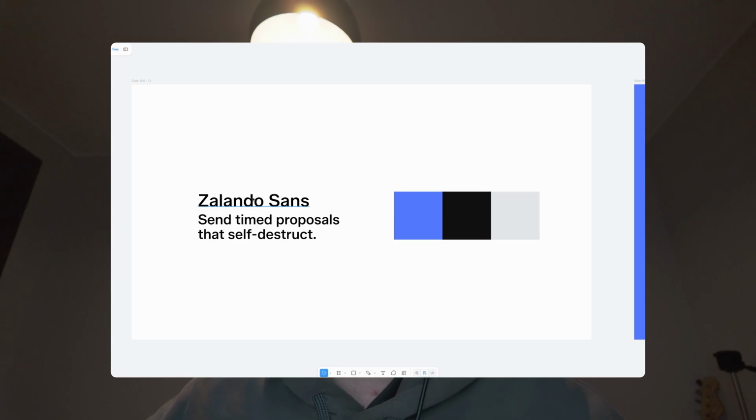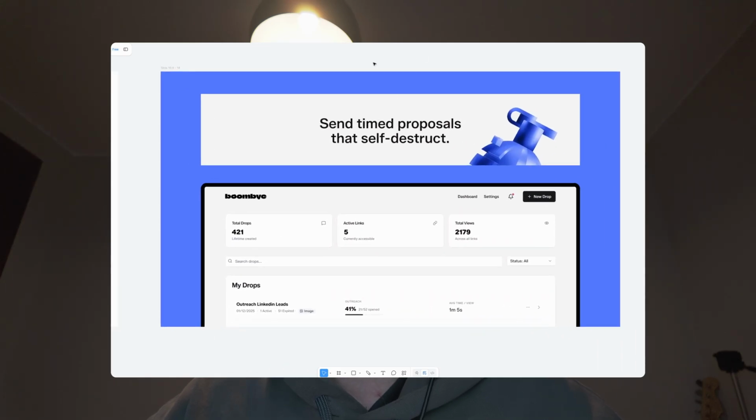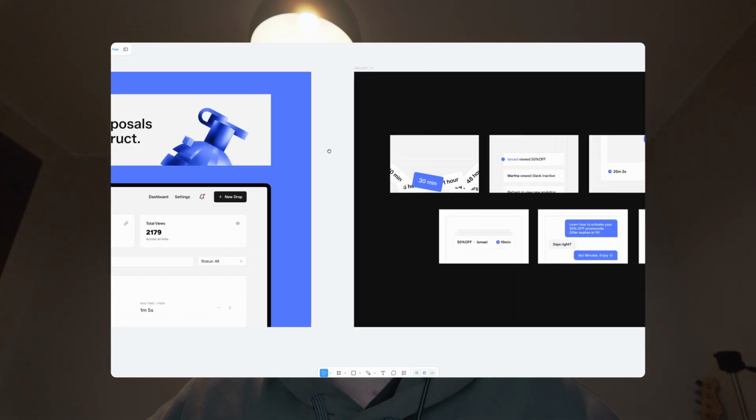So these are the colors for the brand. These are some explorations that I did. This is the LinkedIn cover. This is the product shot. These are some images that I've developed for the websites. Okay, the brand is set. Now we need a place to sell it.